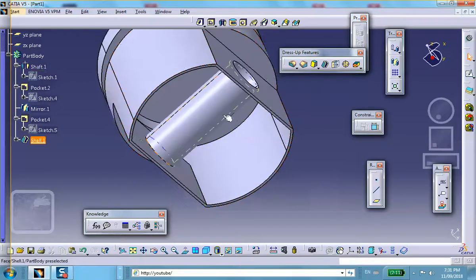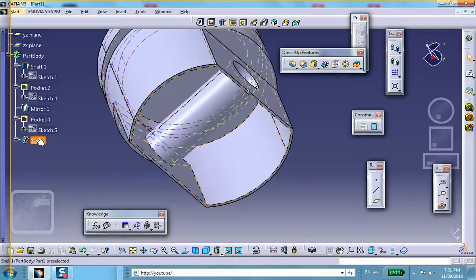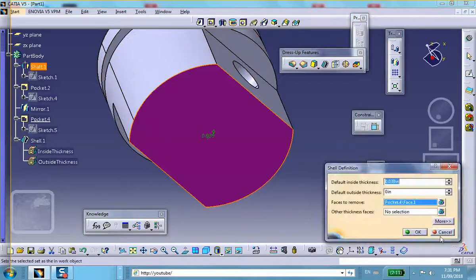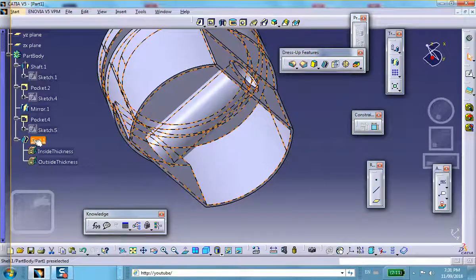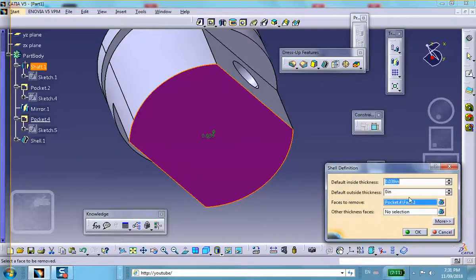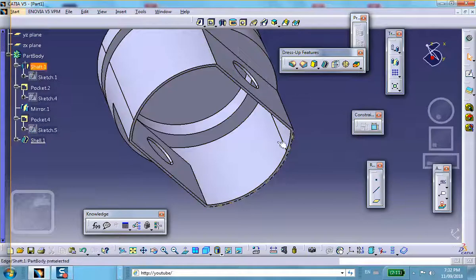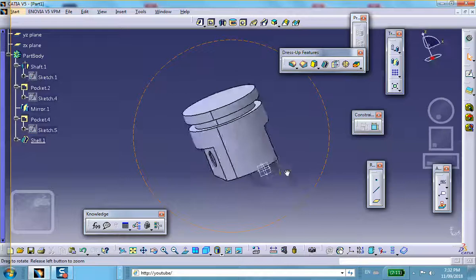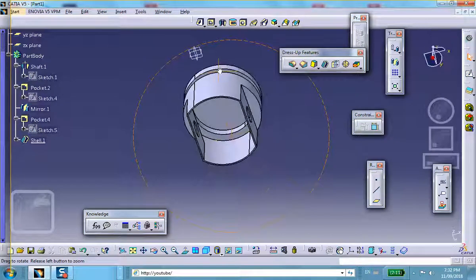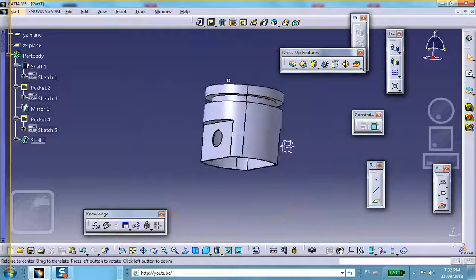But the point that I have is that it should have also removed this surface, and I didn't ask for it. So double click on it. On the faces to remove, not only you selected this, but go and select this inside the cylinder, and then you say OK, and you can see that the piston has been made. So these are the steps that you have to follow to create that piston. Now of course I gave you some dimensions and things like that, so if you want, you follow